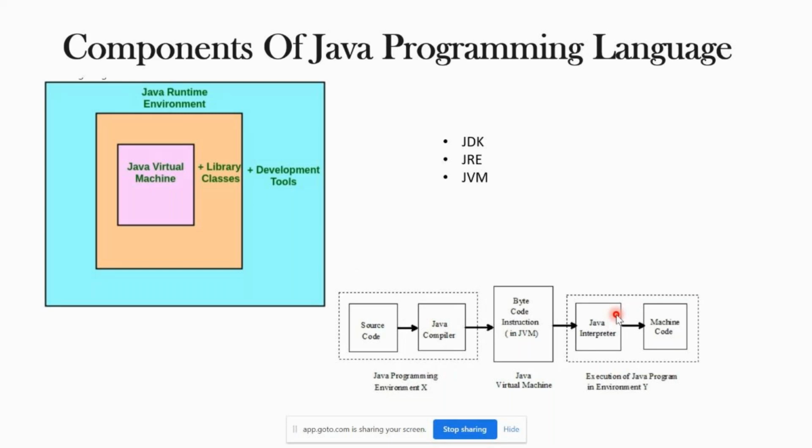Once the compilation has passed, that code should be executed. As I told you, my ultimate goal is to add two numbers. I have written the code, but it has to do the functionality. It should ask me, enter number 1, enter number 2, and after entering the numbers, it should print the result, that is, 1 plus 2 equals 3. Somewhere it has to execute the code and show me the result. That is called execution. The first step is compilation, and the second step is execution.